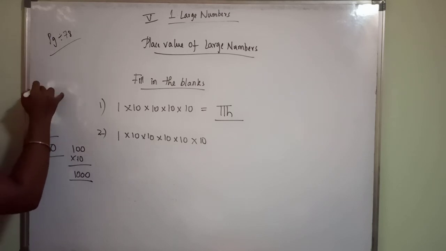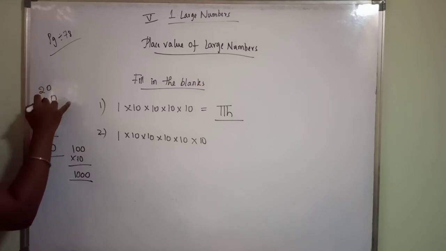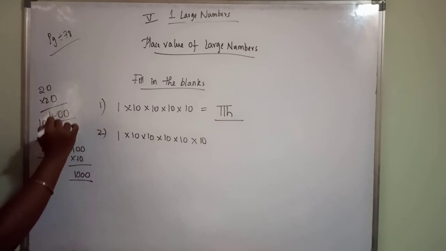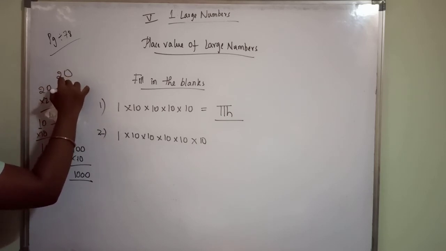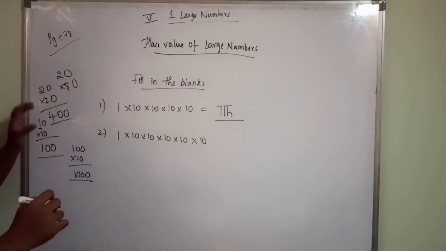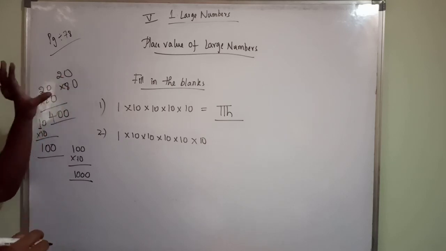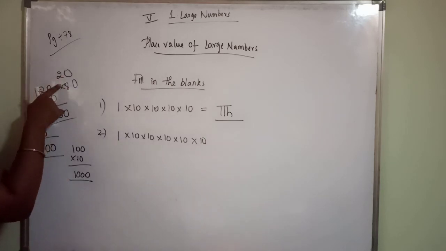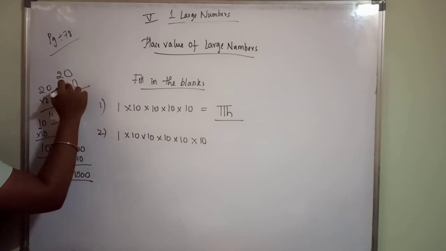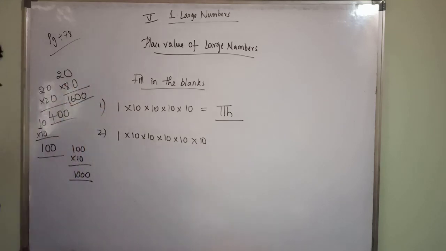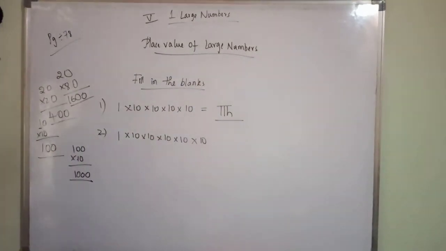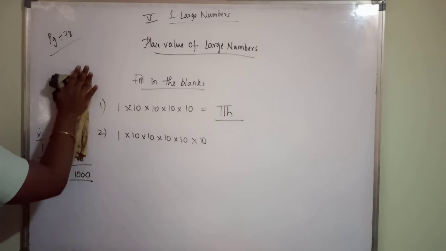So this multiplication is only applicable to what? Similar numbers, means 20 into 20, what you will get? 2 2s are 4. Okay. Next, how many zeros are there? 2 zeros, 400. Okay. So 20 into 80. So similar numbers which are having zeros. So here in place of 2 you are having 8. Here you are having 2. Here you are having 8. 8 2s are 16. So here 2 zeros are there. Like that you can multiply. Okay. For similar type of numbers which are the multiples of 10, you can multiply like this.